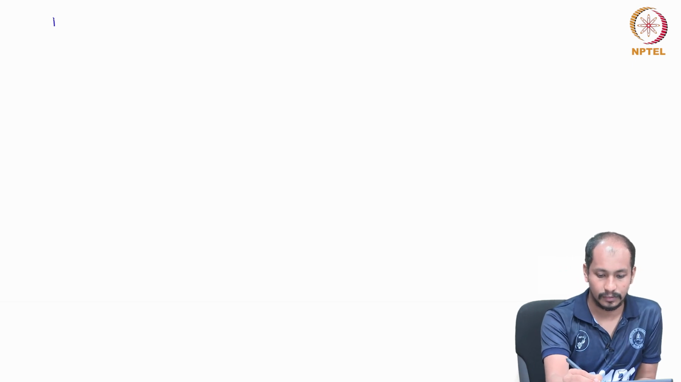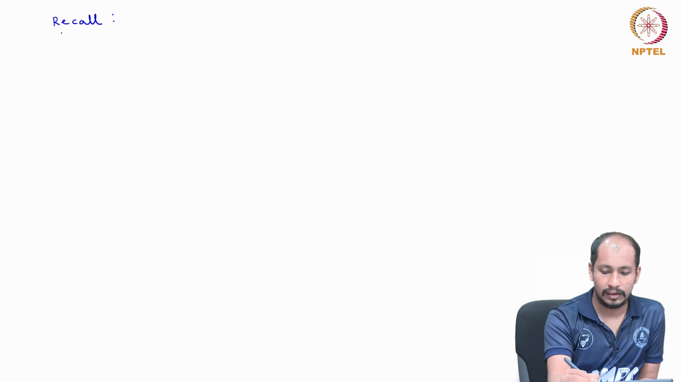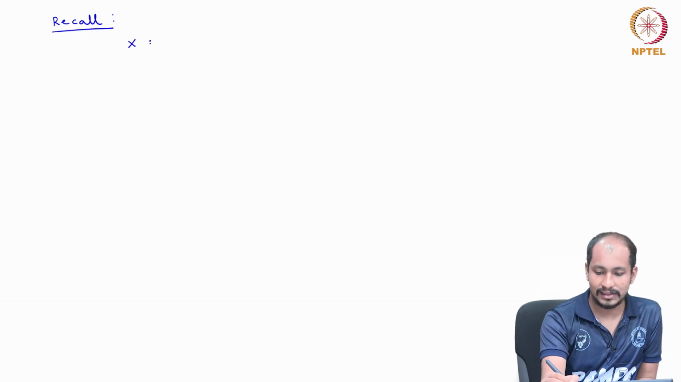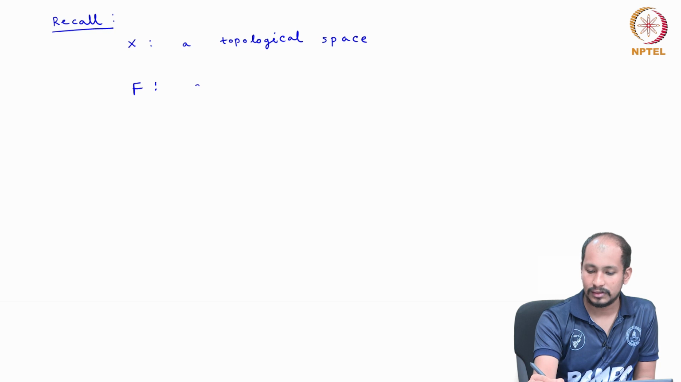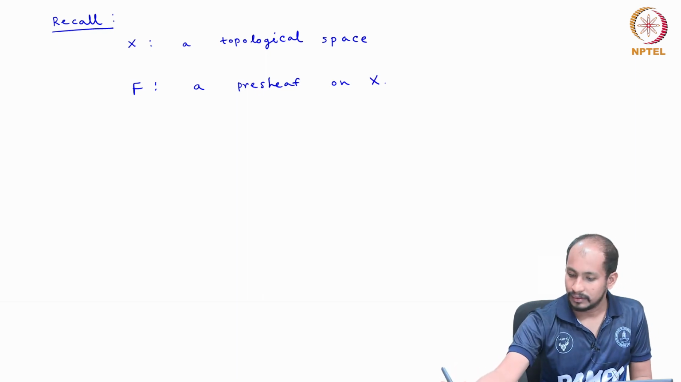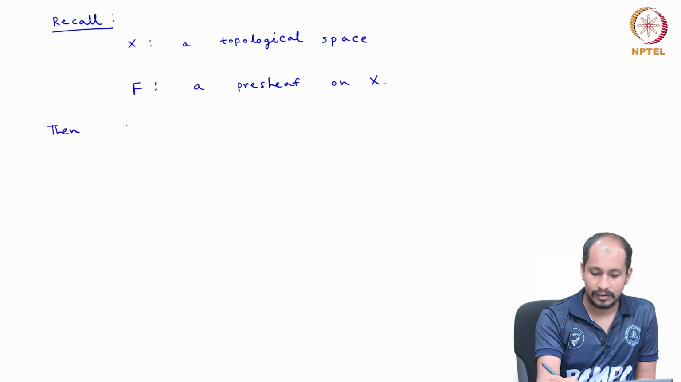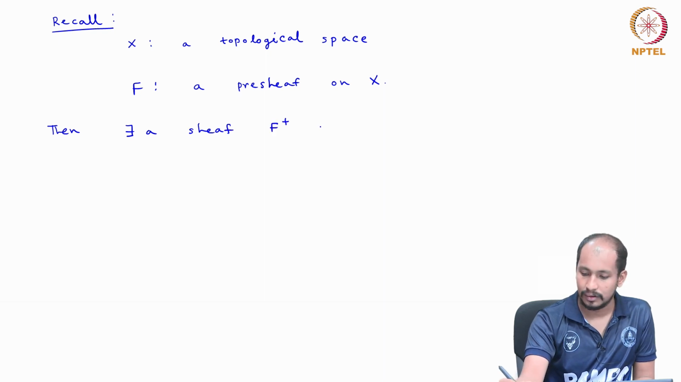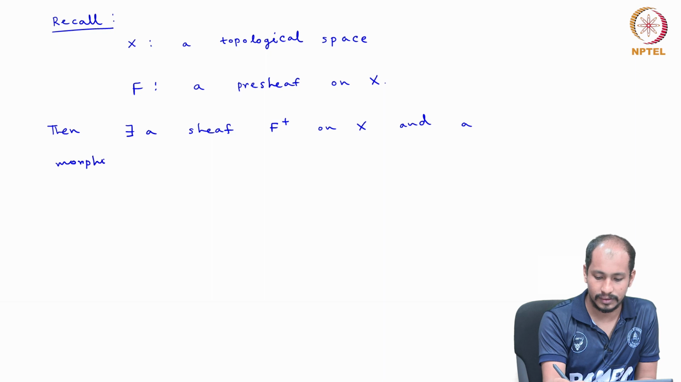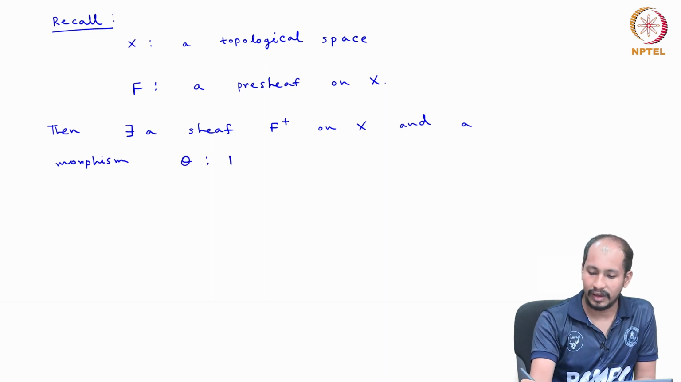So, today I will discuss sheafification of a pre-sheaf. First, recall the definition. Recall that, let X be a topological space, and F a pre-sheaf on X. Then there exists a sheaf F plus on X, and a morphism theta from F to F plus,